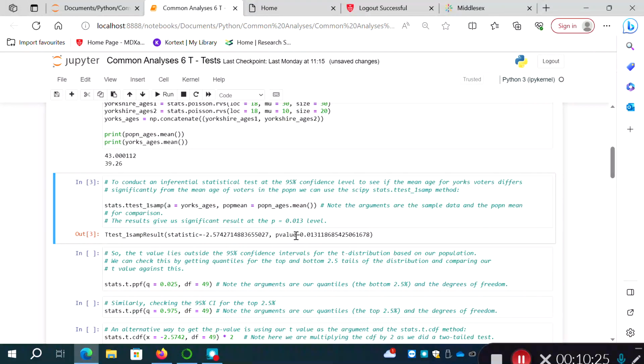Okay, and it's significant at the 0.013 level. So this is assuming by default a significance level of alpha equal to 0.05. It's commonly used as a convention in social sciences and a number of other disciplines that if